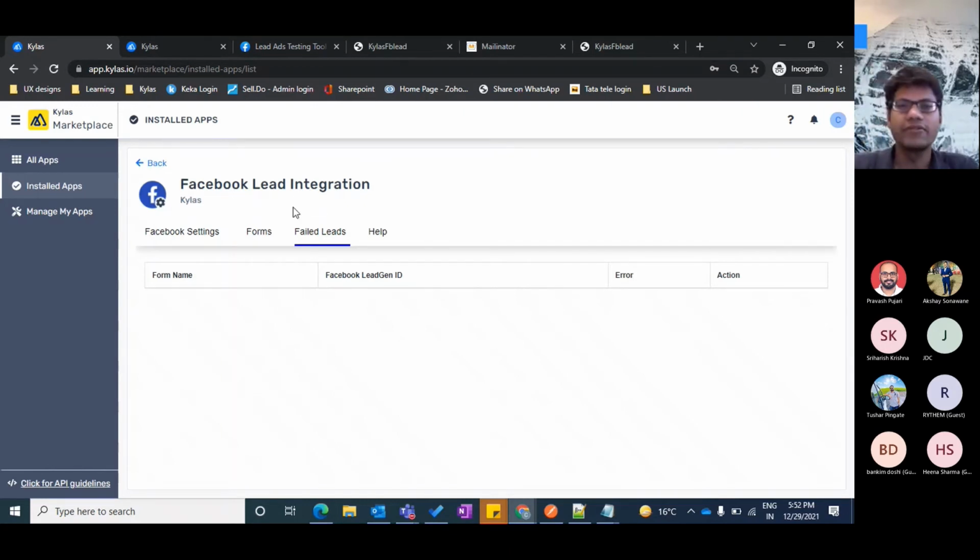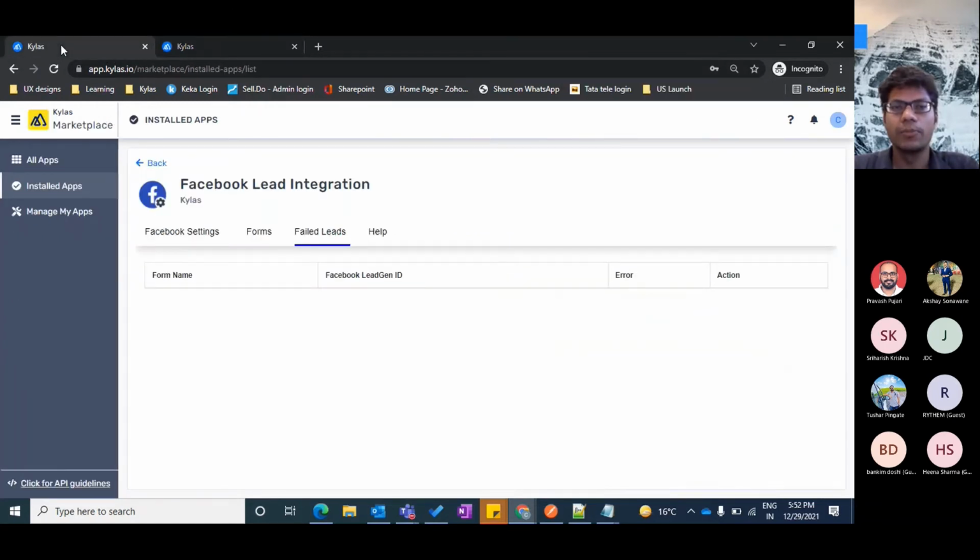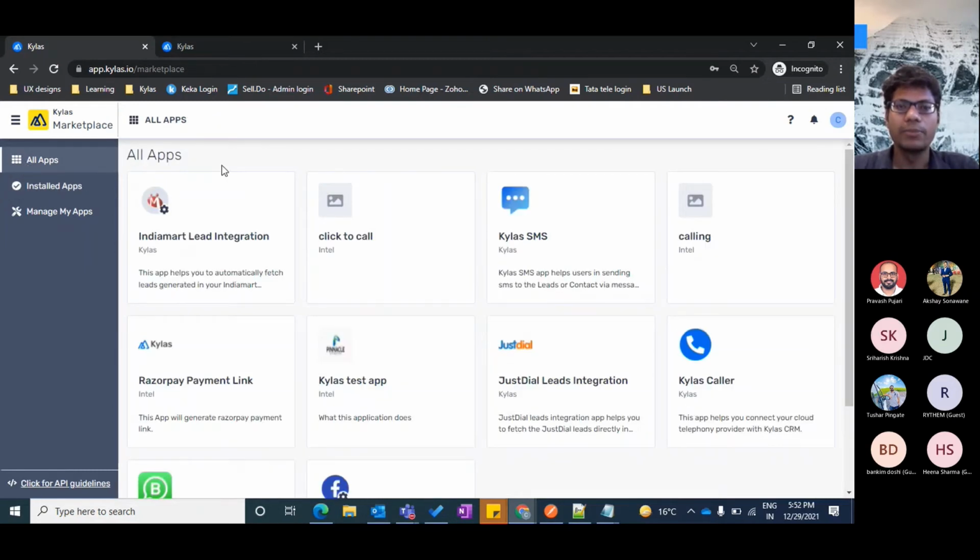With this, we have covered 50% of today's webinar. I'll move to IndiaMart. IndiaMart is a very quick setup, and once we complete IndiaMart, maybe we can open up for question and answers. Okay, so half of the process for connecting your IndiaMart account is the same.